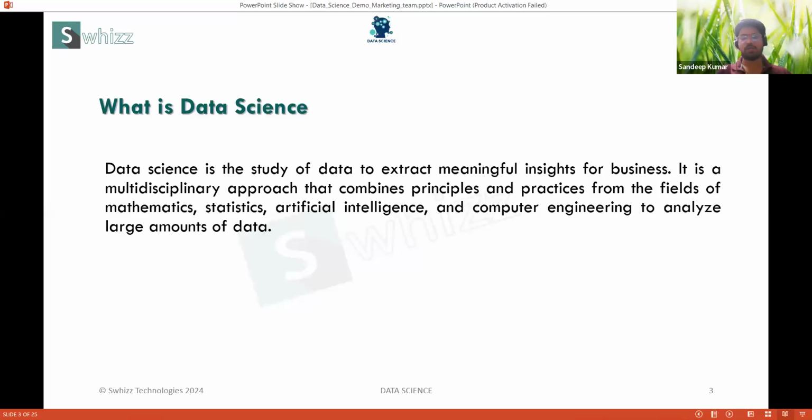As here we are having only two columns, one is the experience, and one more is salary, expected salary. We can say that for 4 years you'll be getting 40 LPA, and 5 years you'll be getting 50 LPA. Manually we can do this. For example, if you are having 100 columns,